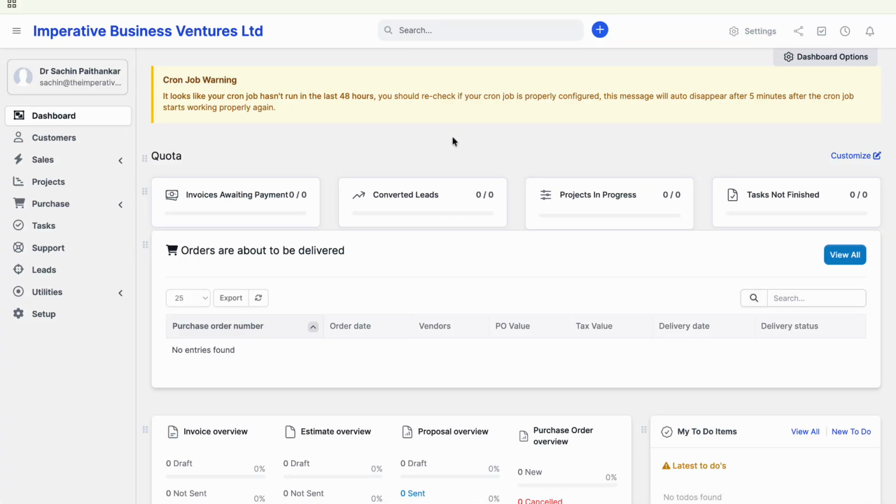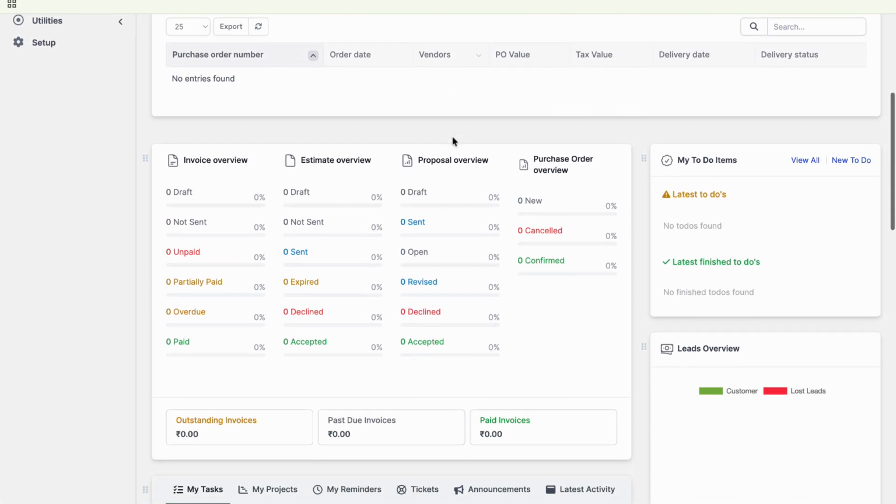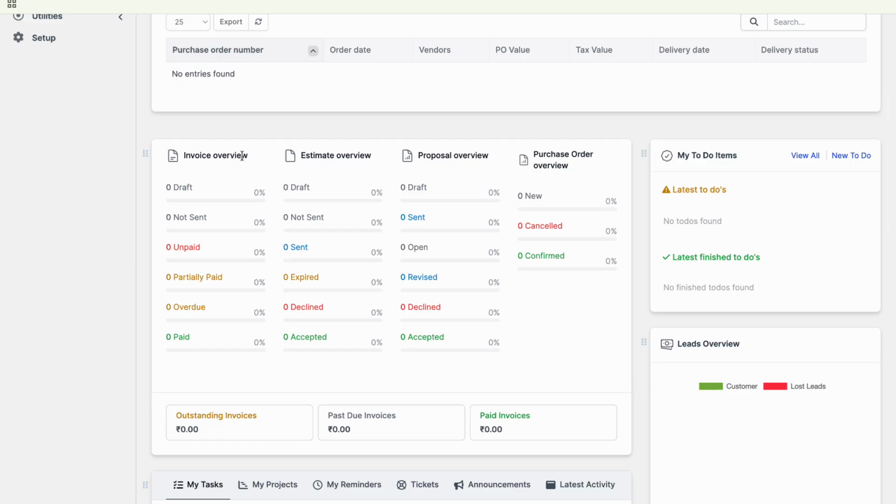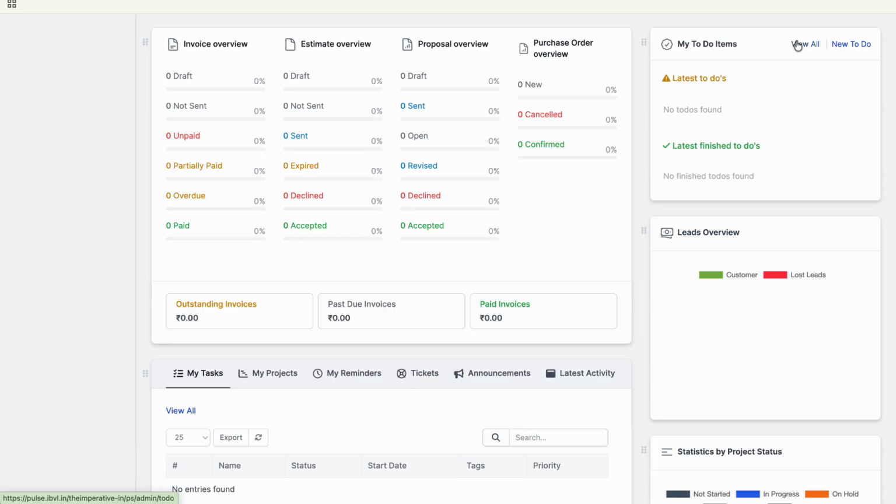Hi, in this video, we are going to take a look at Pulse, which is the one platform that your company really requires. It is included in Imra Stack and it has a lot of features. So we are going to discuss all the features available, and right now the one that you are seeing is the dashboard. So we will start with the to-do list.